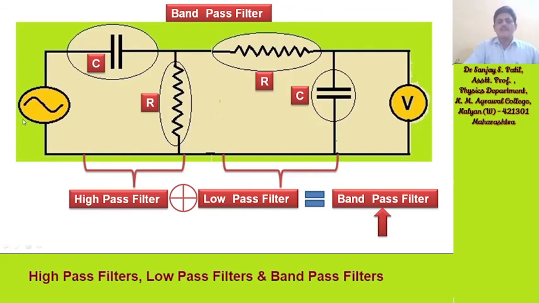Now we apply frequencies one by one, from low to high, from this frequency generator and measure the voltage with the help of this voltmeter. So we will get the result of the band pass filter on the voltmeter connected here. Whatever the corresponding frequency applied, correspondingly the voltage will be measured and noted with this voltmeter.